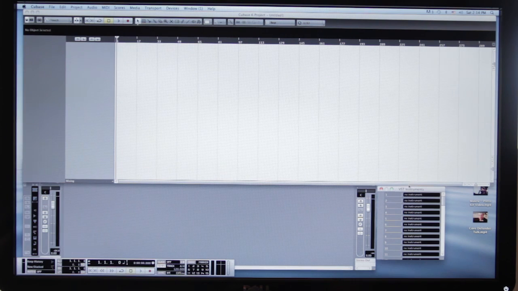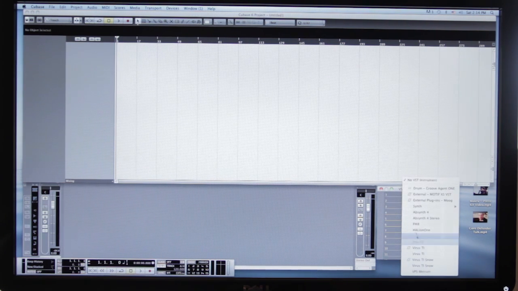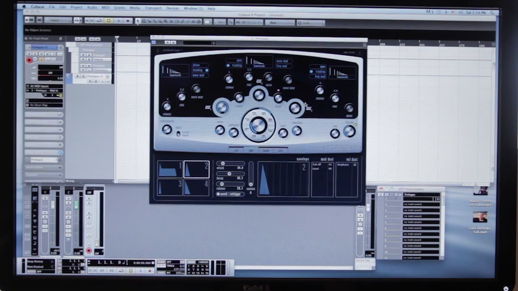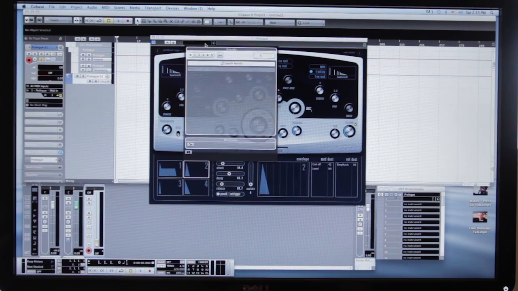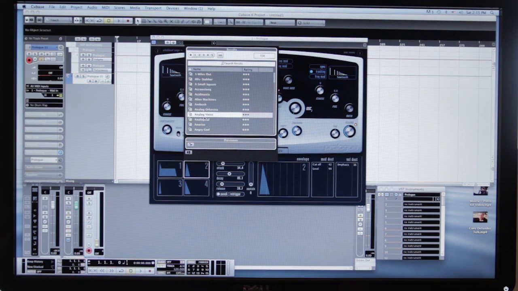So for instance, here I have instruments, and I can just choose from a number of them. Some of these come default with the Cubase program, so you can get started right away without having some external ones. Let's pick maybe one of these as an example. So this is an instrument. This is going to be one of the instruments that are going to be playing when you write your song. These are essentially synthesizers that are in this computer program as software. You can choose different types of sounds that you want and so on.